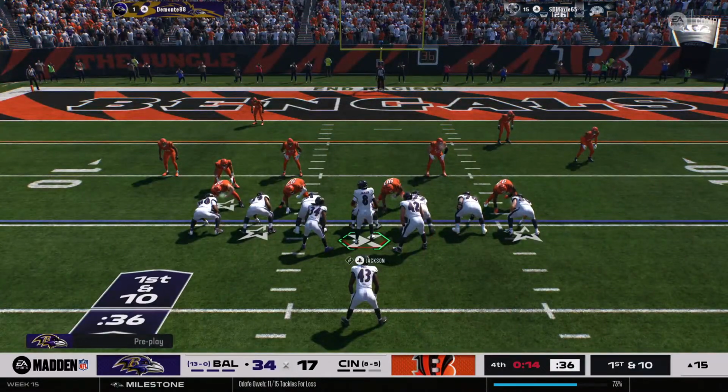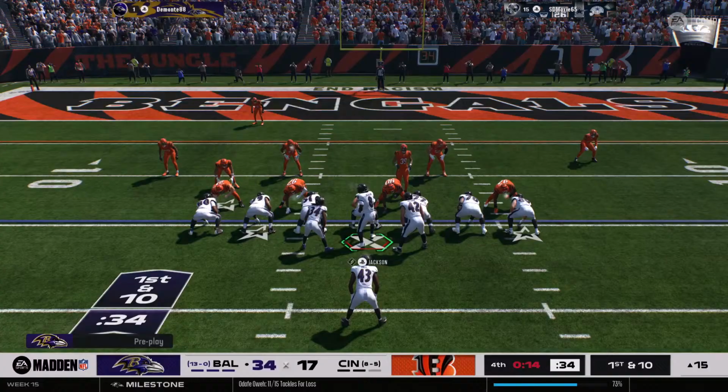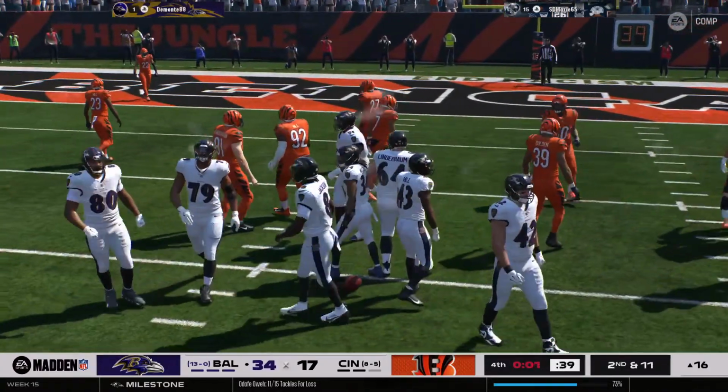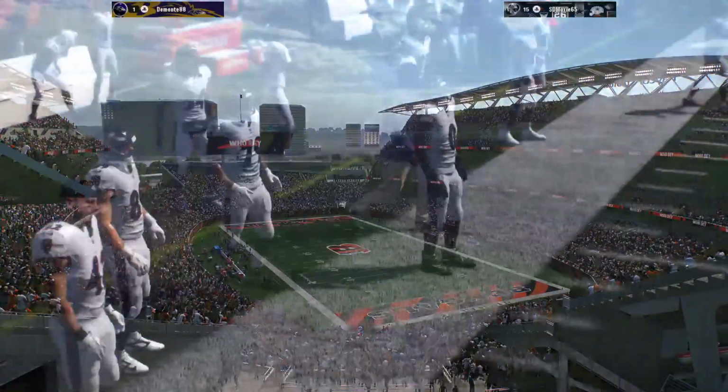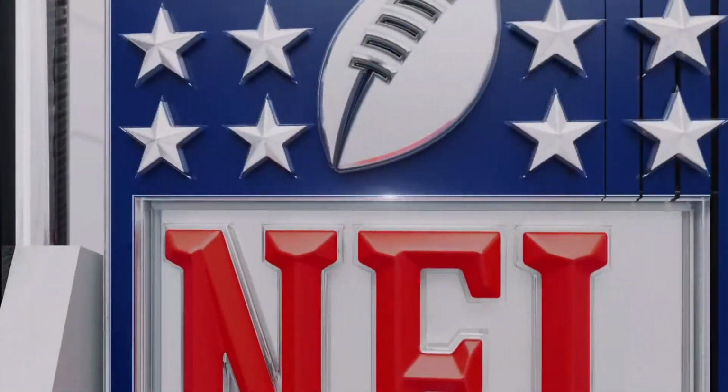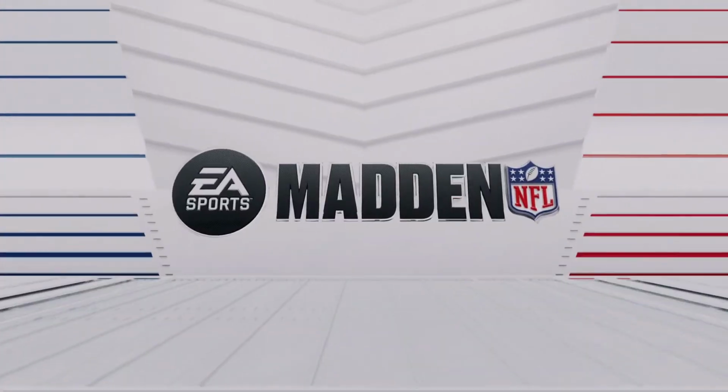Victory formation here. Looks like they're going to take a knee on first down. They'll go to a knee, and that defense can only stop the clock 2 more times. So the Ravens will fly home with the win. And it's harder and harder not to mention, Brock, the possibility of an undefeated season as they add another